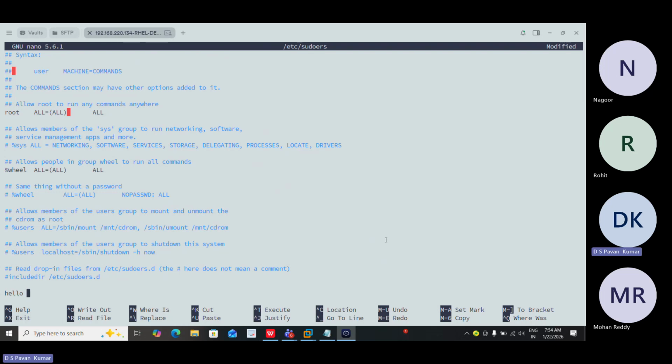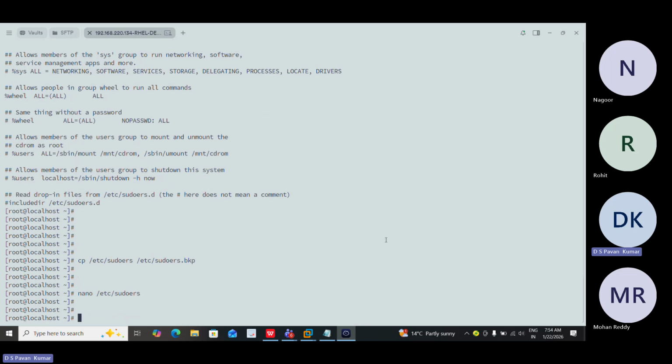Hello space ALL equals ALL space ALL. So what exactly does this mean? Hello, every command. The first ALL defines every host, the second ALL defines that you have access for everything, and the third ALL defines the root privileges. Here I'm giving access for entire services. So we have given access to entire services. Now we can see that